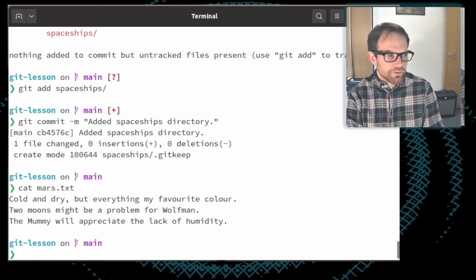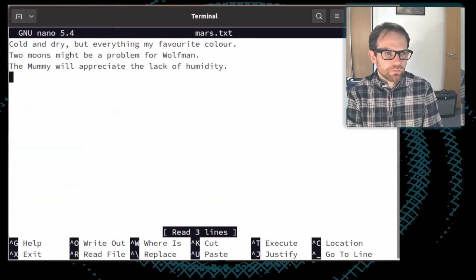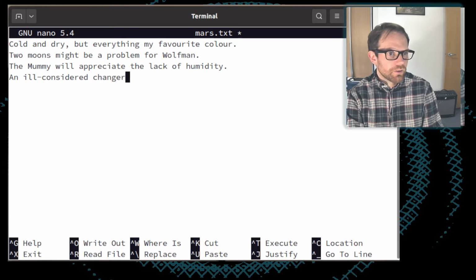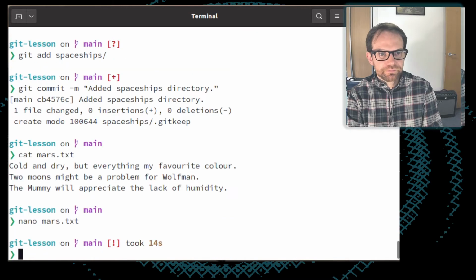Right now it's got these 3 lines. Let's add another line to it. An ill-considered change is what they suggest adding.